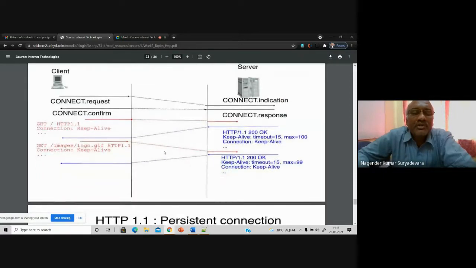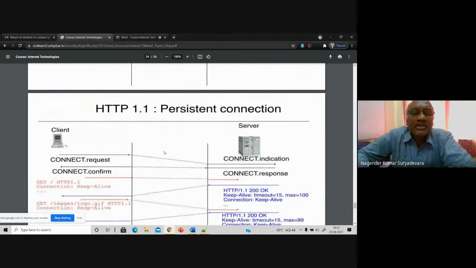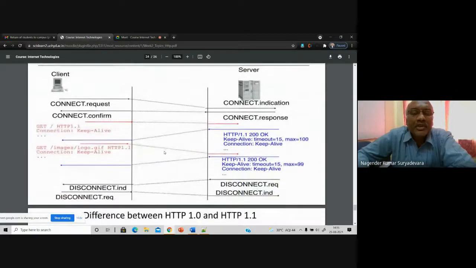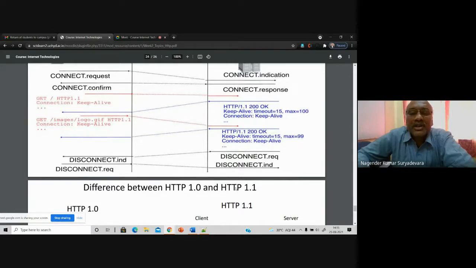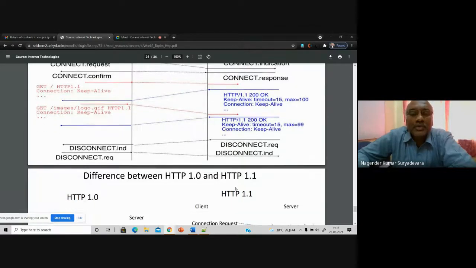With 1.1, the advantage is having persistency. Once the final disconnection request has been made and confirmed, and the connection is lost, then it is over. That is the advantage of 1.1.